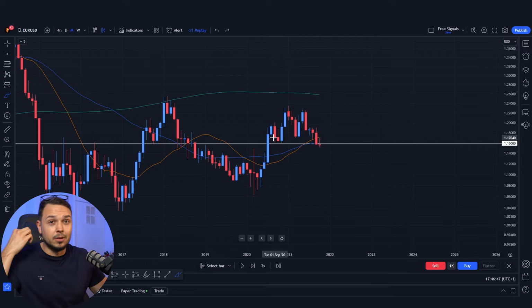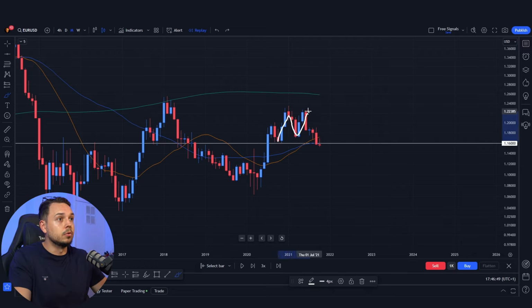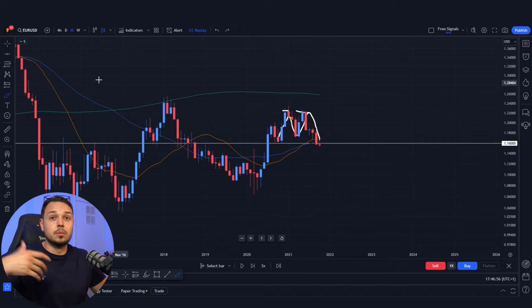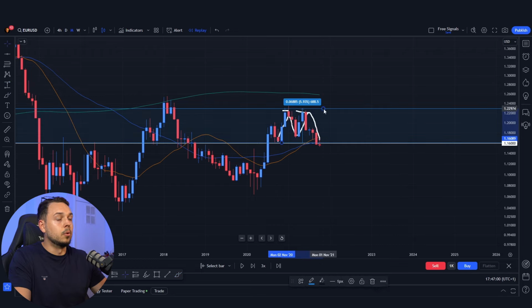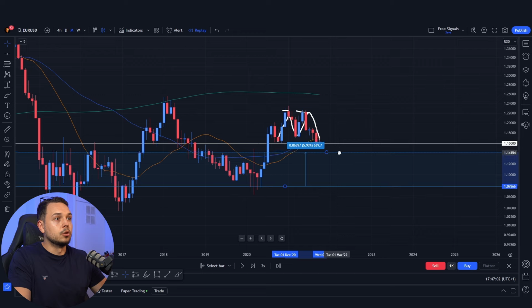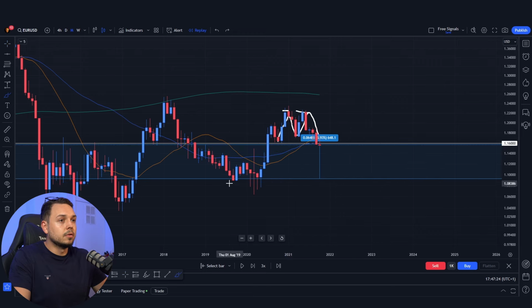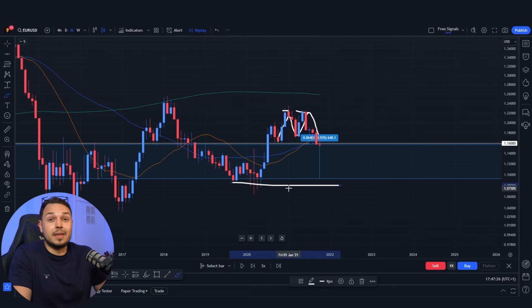We can also have a look at chart patterns. There was a beautiful M pattern, which is a double top. If we break the neckline, which we did, suggests further movement towards the downside. So the way you trade the neckline is simple: top and bottom of the neckline, drag it across just over here. So it's telling us it's pretty much heading towards this area direction, which is pretty much a strong solid